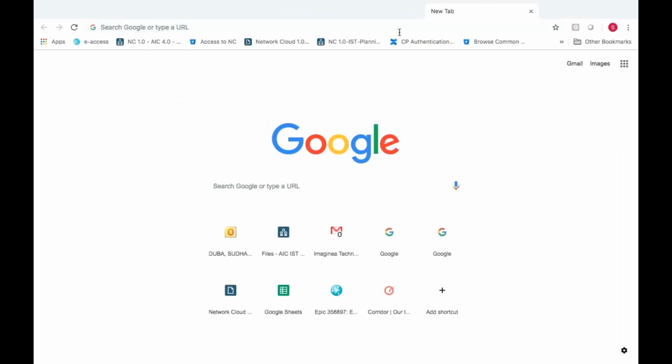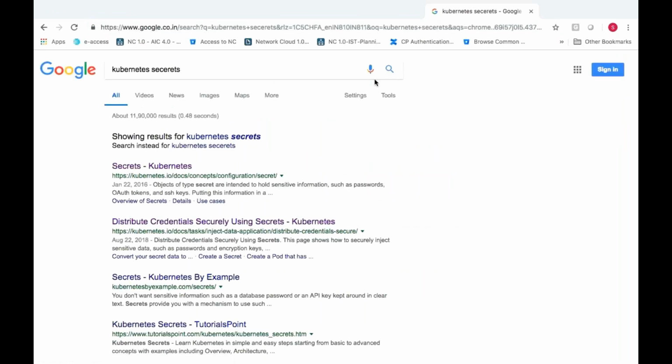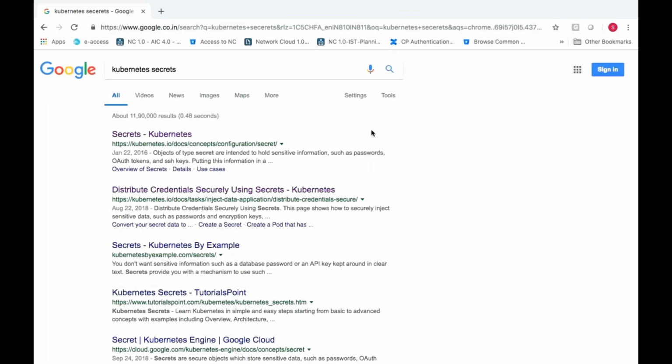So what kind of encryption will it use in order to create secrets? That is one question we need to get clarified. Every time you encrypt data, it will use certain algorithms. For example, SHA-256, SHA-512, SHA-1024, and some like AES, DES. These are the encryption algorithms we use to convert plain text into an encrypted format so that your data will not be visible as a normal password. It will be encrypted. Then while using it, it will decode automatically and use it.